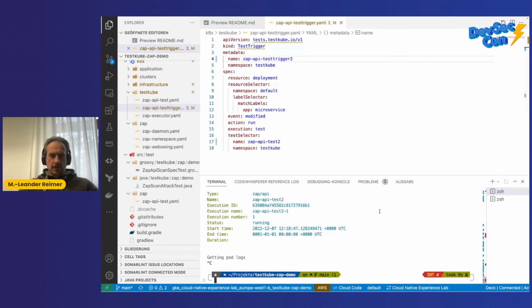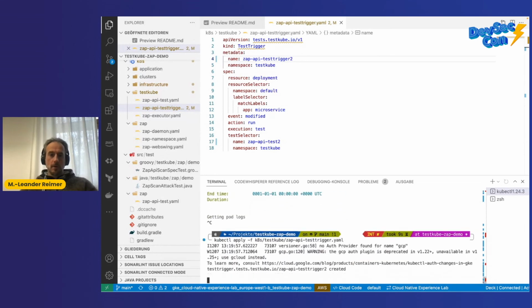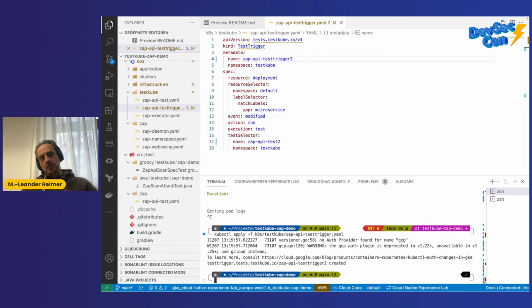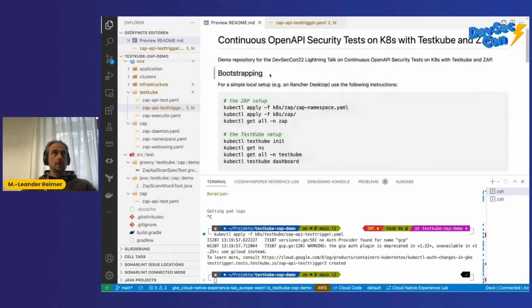So we just changed those names here. What we could do now is either apply that manually or have GitOps apply the stuff as well. So we could do kubectl apply -f k8s testkube and then we have the ZAP API test trigger. Now, Testkube will watch for any change events on my microservice, and whenever my GitOps workflow or those other pipelines deploy the microservice, then Testkube will automatically trigger the ZAP test once the deployment has changed. So every time something changes, I let the test run. There is also the possibility to let the test run using a cron